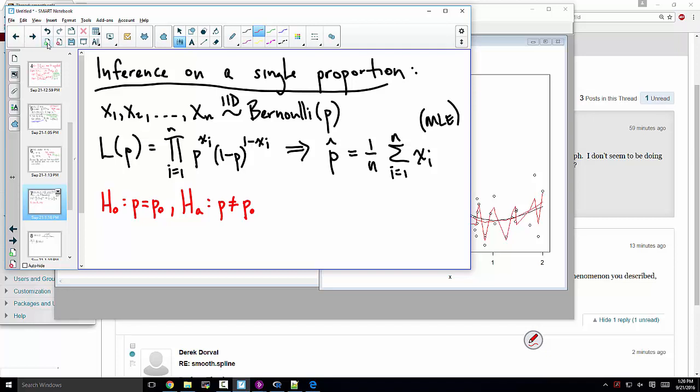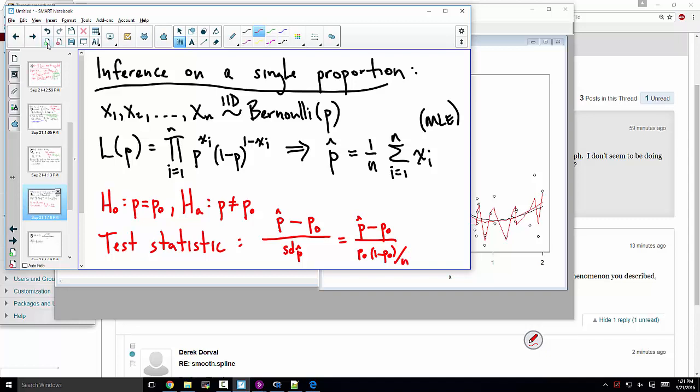The test statistic, Wald style test statistic, would be: estimate the parameter of interest, that's our MLE, our estimate, minus the value of the parameter when the null hypothesis is true, divided by the SD of the estimate. And the SD of the estimate p hat minus p0, I'm just going to write it down. You can review your Stat 101 book, but what we end up putting down here is p0 times 1 minus p0